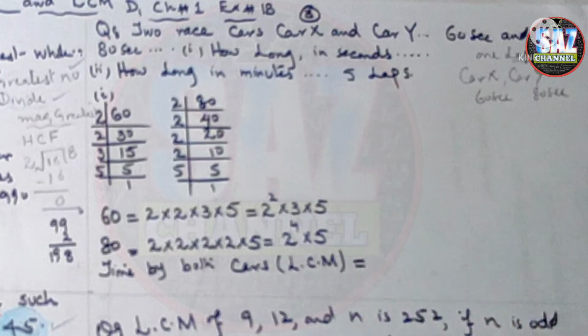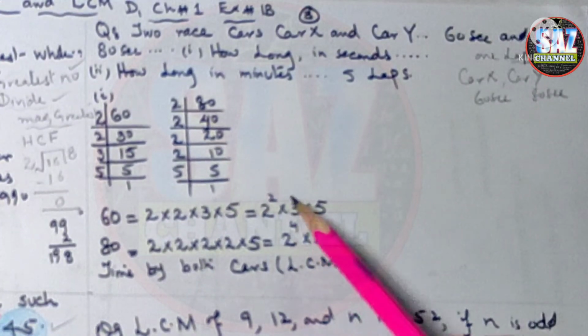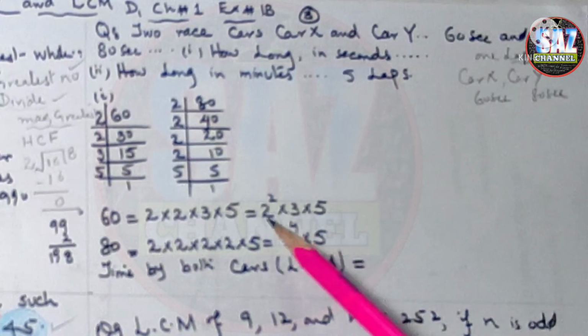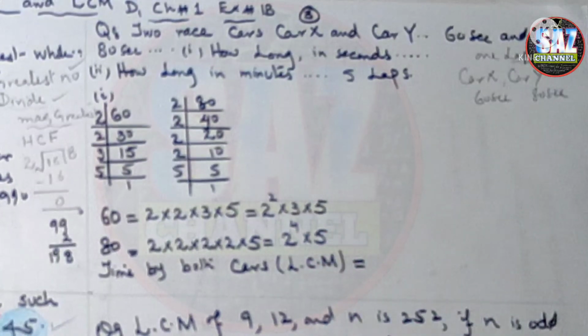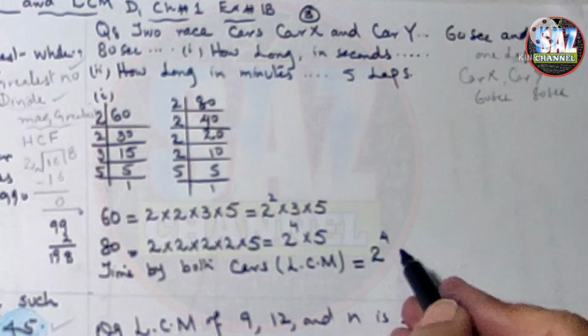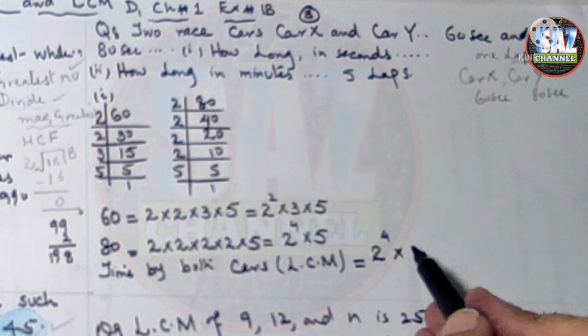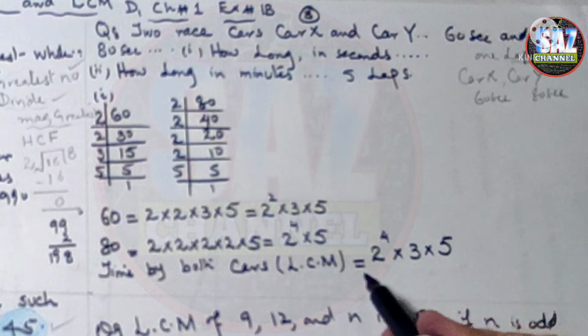Okay, and recall what is the meaning of LCM and how to get the LCM. LCM is the product of common and non-common factors, and common factors have to come with their largest index. So if we look at 2, here 2 is having power 2 and here 2 is having power 4. So 2 will be coming with what power? 2 raised to power 4 multiplied by 3, which is not coming in the second number, so as it is, and 5 is coming with index 1, so it is 16